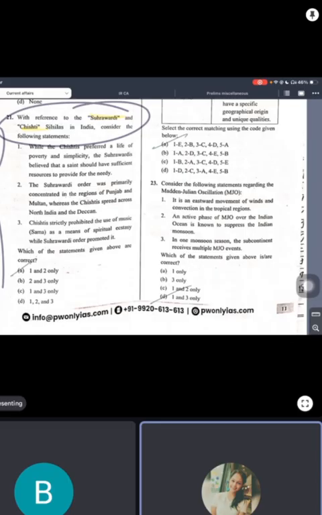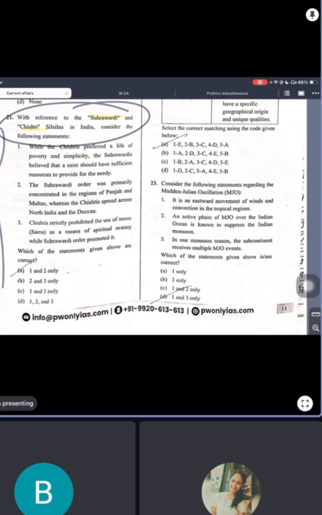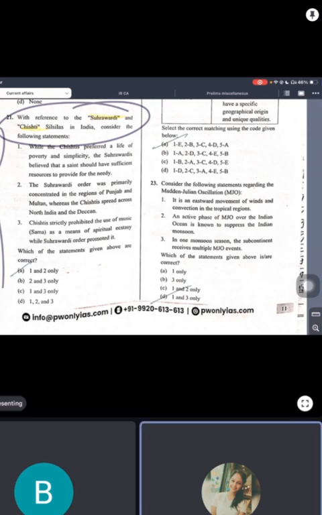While the Chishtis preferred a life of poverty and simplicity, Suhrawardis believed that a saint should have sufficient resources to provide for the needy. The Suhrawardi order was primarily concentrated in the region of Punjab and Multan, whereas Chishti spread across North India and Deccan. Chishti strictly prohibited the use of music as a means of spiritual ecstasy,